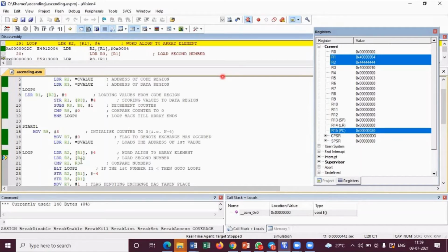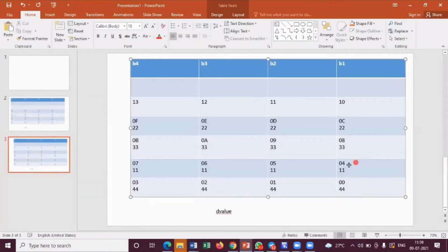Okay, next part. Now, again, whatever R1 is pointing to, I know my R1 is pointing to the next address, which is 4004, right? So what is the data in this address? 11111111.